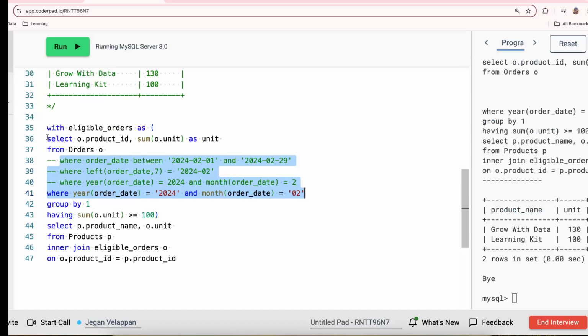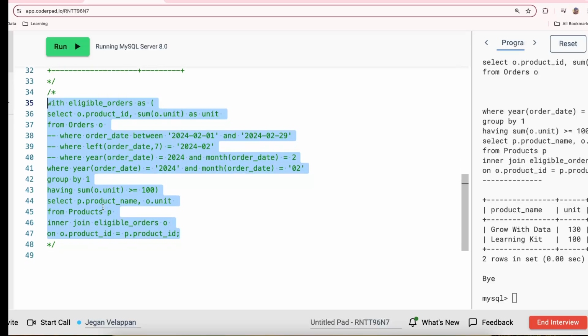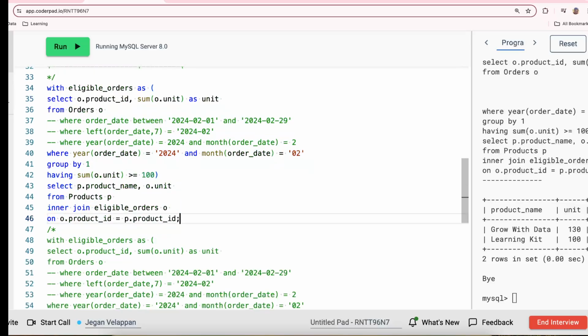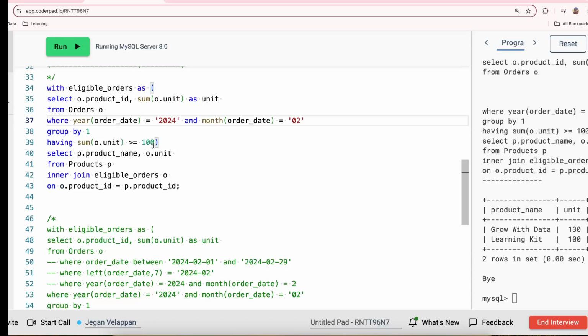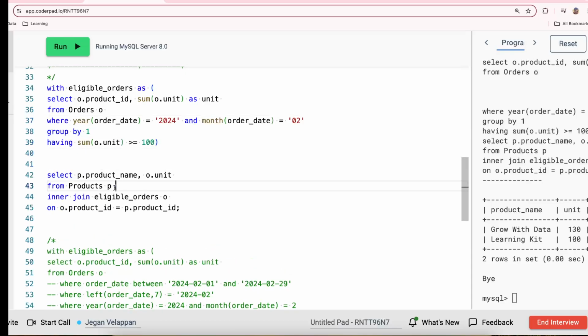But there's one more thing. Instead of having a CTE table and then connecting with the products table, right? We can directly connect the orders table with the products table. Let's get this code itself and then we modify it. You can just go with this. So we take the date filter as such. You don't have to worry about it. So first we have this query, right? So product table P, inner join, instead of eligible order, we directly go with the orders table. And the condition is product ID equal to product ID, and the filter